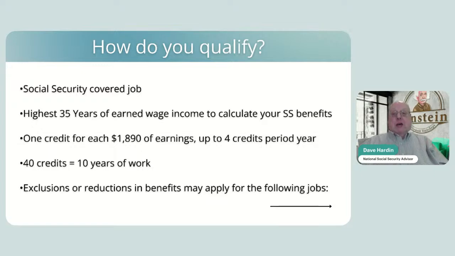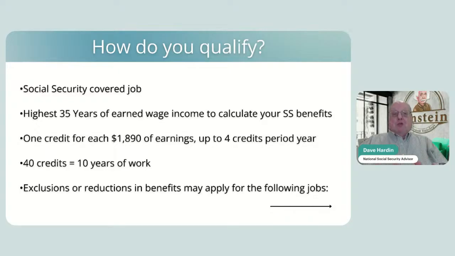Some of you have a missing year. Some of you have 5. Some of you have 10. You only need 10 years or 40 quarters to get Social Security retirement benefits. A quarter is January, February, March, April, May, June, and so on. A quarter, you have to earn at least $1,890 this year. That's prorated every year. If you go back, say 1982, that's about $212, $218, something like that. So it's gone up a lot.